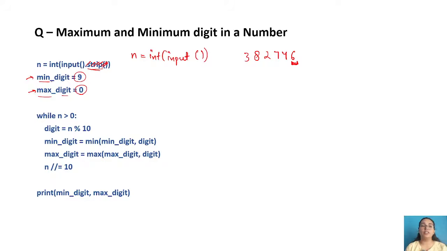So that is why we are taking minimum digit as 9. We are assuming that the worst possibility is that minimum digit is 9, but if we get any digit less than that 9, we will update it accordingly. And the same thing is for max digit, right? Max digit is kept as 0 because in the worst case, we can assume that max digit is 0, but if I get any number greater than 0, I'll directly update it. Okay, I guess this concept is clear, because there could be students who make mistakes in this particular statement, so you have to be very careful whenever you are doing these questions.